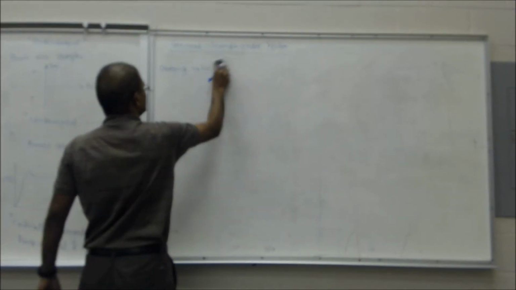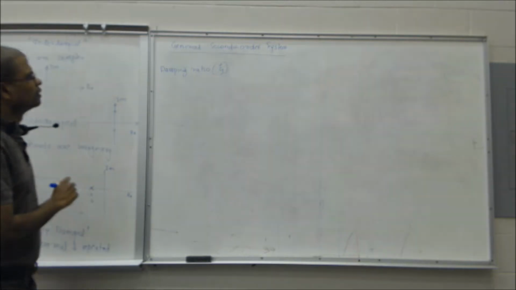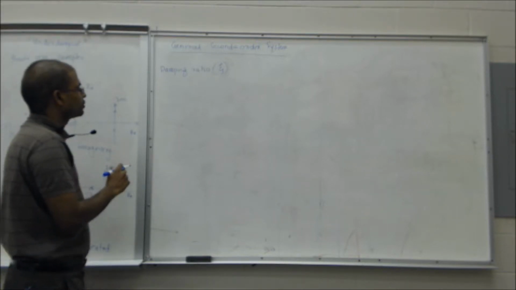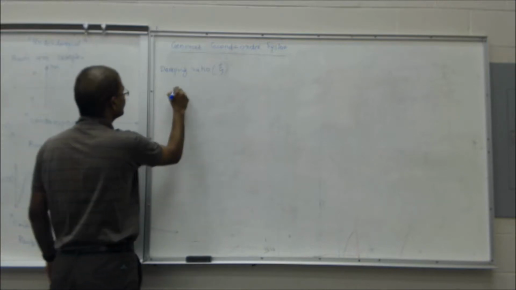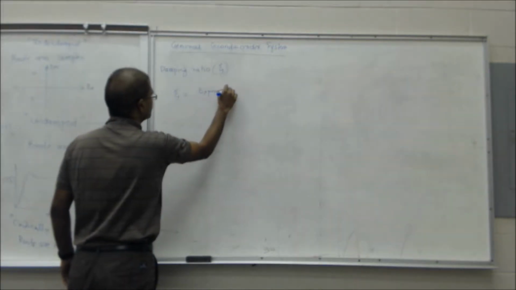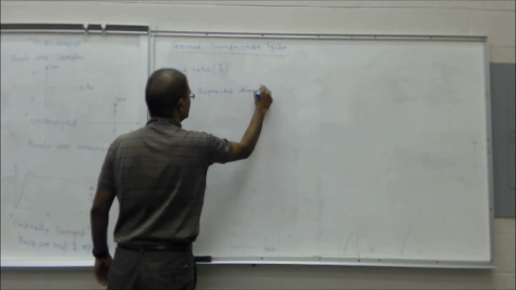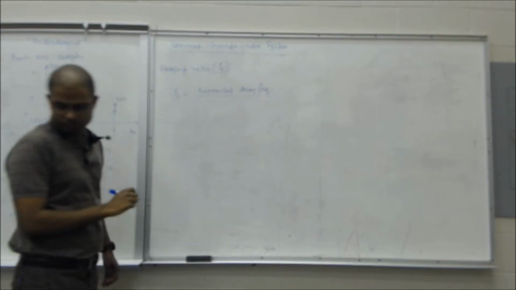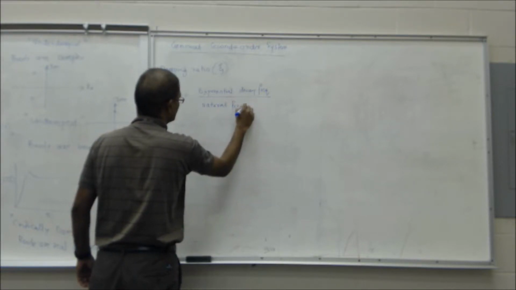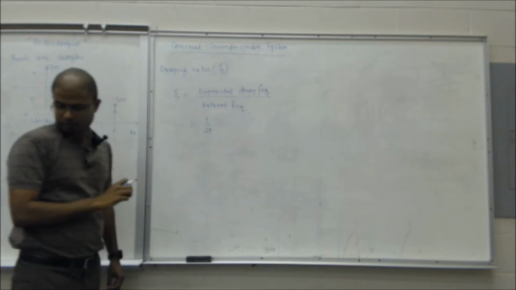That symbol is called zeta. So the damping ratio zeta is defined as the exponential decay frequency. And this is equal to 1 over 2 pi to the